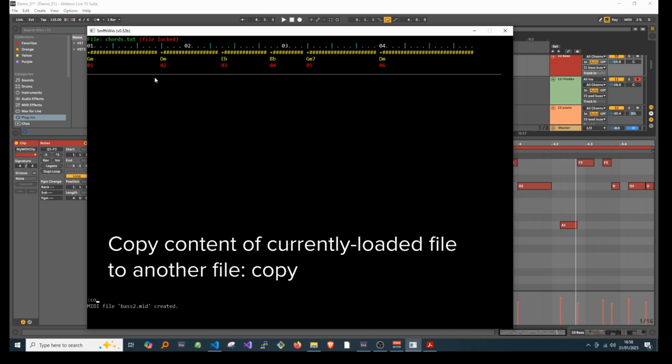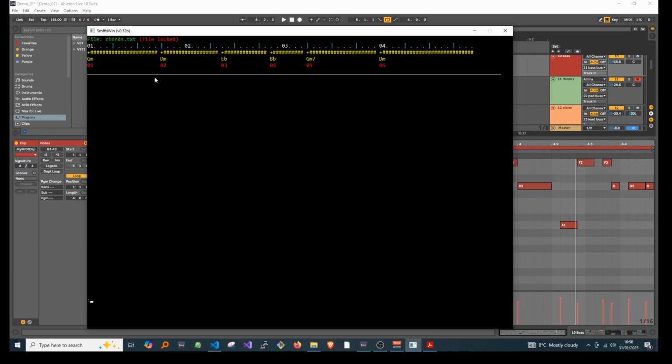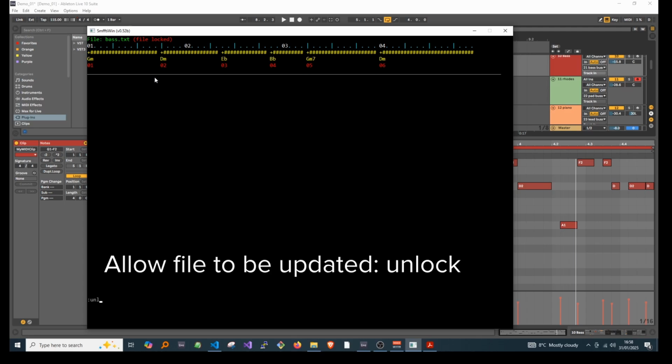So what we do is you say copy, and what it's going to do is copy the contents of chords.txt to bass.txt. But we have to load it. So we say command file bass.txt, and before we can do anything else we need to unlock this file,